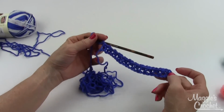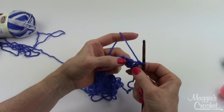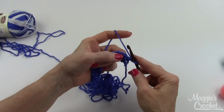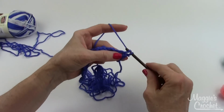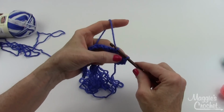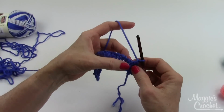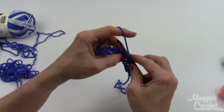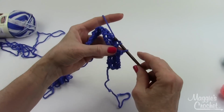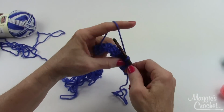Now in row 2 it says to chain 1, and you skip the first single crochet and you single crochet in the chain 1 space, and then you chain 1 and you do that all the way across. So all you're doing is chain 1, you skip the single, and you're working your stitch into your chain 1 space. So single in the chain 1, then chain 1 again, single in the next chain 1,